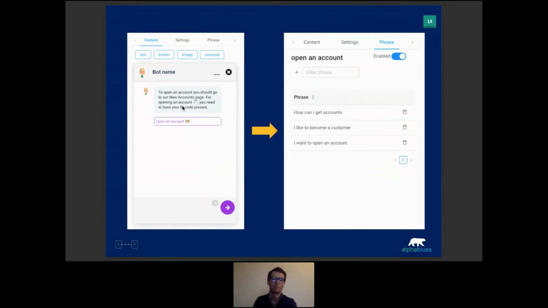And you have to monitor the quality of those things, because you want to make sure that the phrases you have for this intent, for example, in this case, opening an account, don't overlap with other intents, that they clearly are within the domain of opening an account. When you start out, maybe you don't have a really good understanding of what those phrases are. But once you get going, you understand that each intent has its own universe of phrases, and you have to keep borders between those different intents. Because if they are too similar, then they might cause problems down the road and start directing people to the wrong questions.